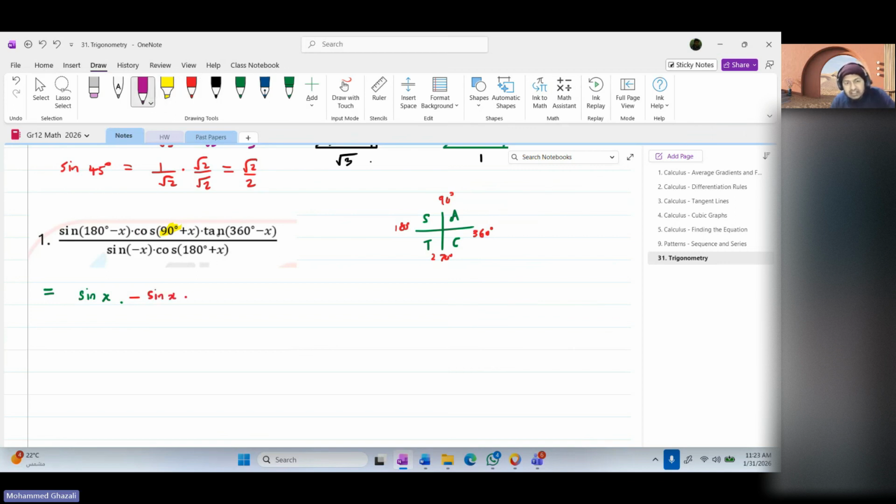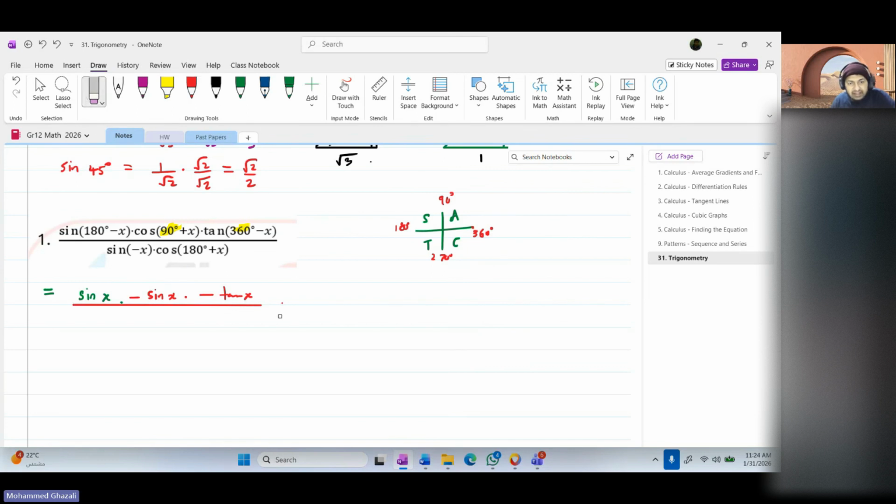Next one. What is tan of 360 minus x? So we are dealing with 360 angle here. So no change in the trig ratio. But the only thing that can change is the sign. So tan of 360 minus x will go down, in the fourth quadrant, so it'll be negative tan x, right? Divided by,